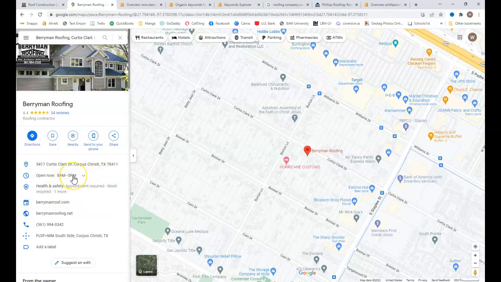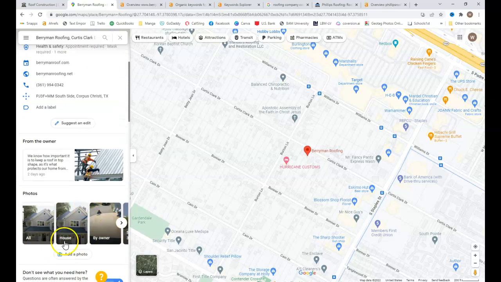So, for instance, hours. It says that you're 8 to 5 here. If your website says something different, or if your Yelp page says something different, those inconsistencies can really hurt you. So throughout the web, on all the directories, everything that you have your information, you want that consistent. Google doesn't want somebody to look at your Yelp and someone to look at your website and someone to look at your Google Business Profile and get different information. They want everybody to get the same accurate information throughout the web. So it's really important that this stuff is accurate and it's consistent.